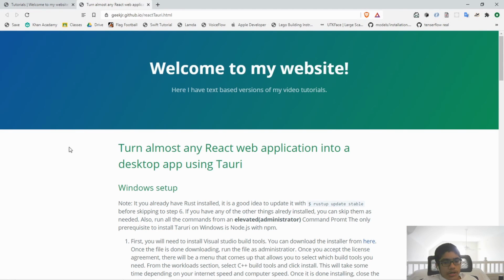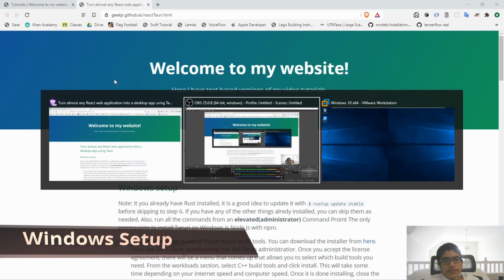Alright, so first I'm going to show you the setup of Tauri on Windows, Mac, and Ubuntu/Debian, and then once the setup is complete, I'll show you how you can turn the sample React application into a desktop app. So first, for the Windows setup,